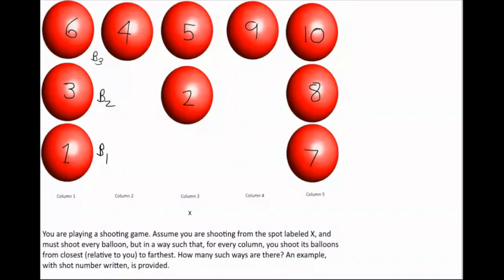Can you solve this unique combinatorics question? It only applies the basic concepts of combinatorics, but you might not have any idea how to solve it. So let's begin. So basically the question is asking you how many ways there are to shoot all of these